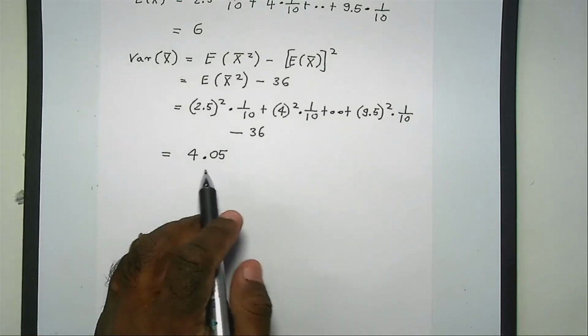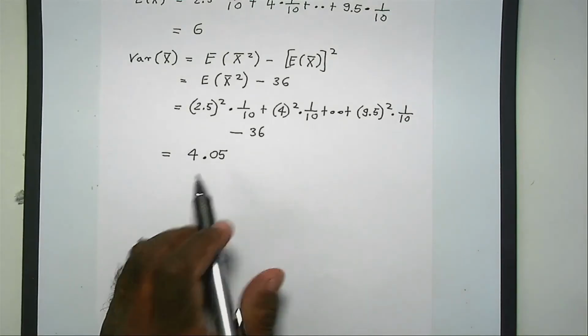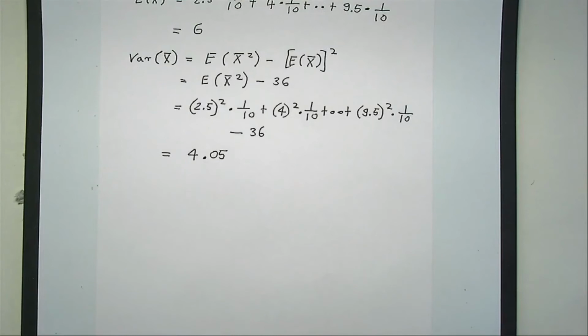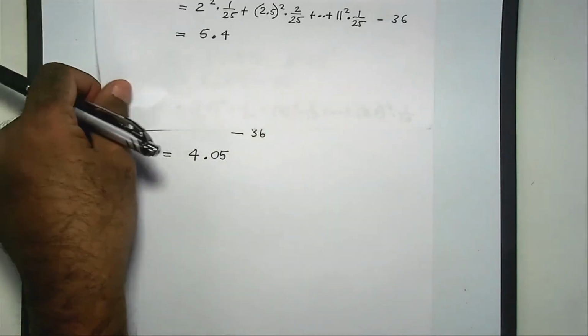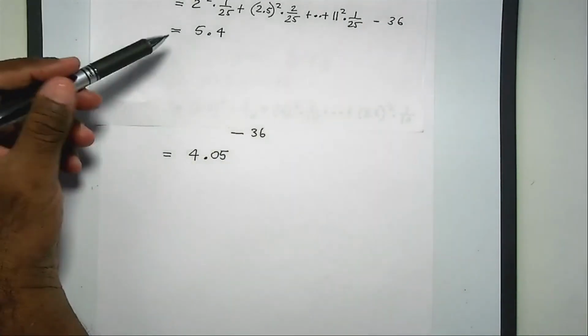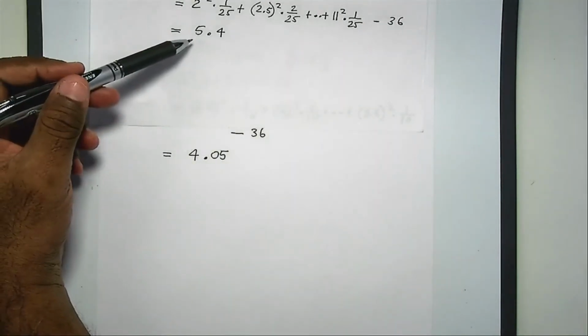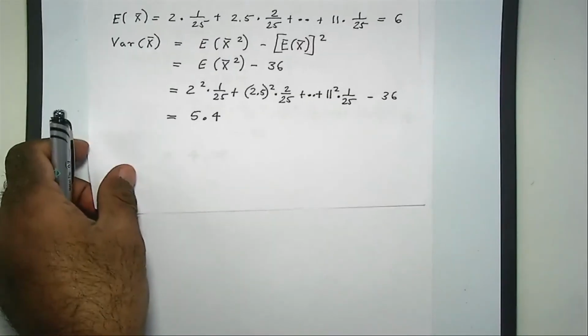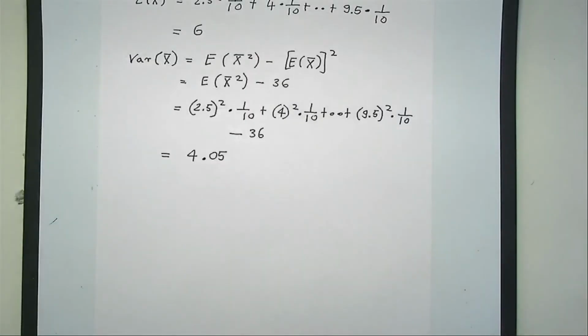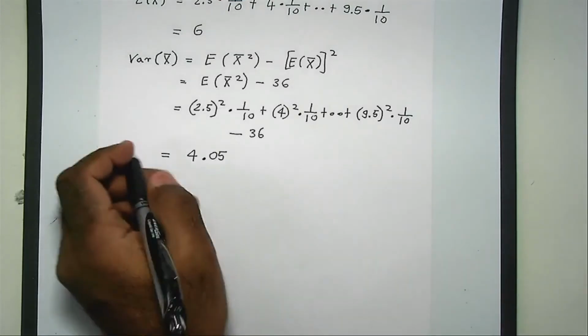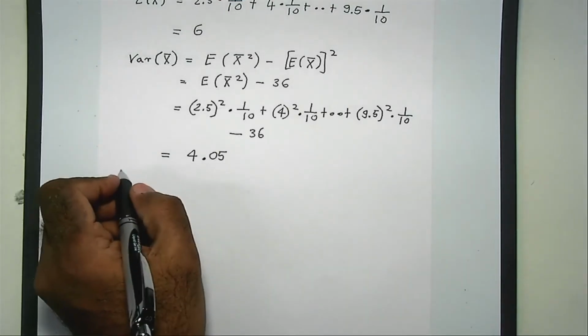But the variance is slightly smaller, because you should go back to the solution for question 3, part 3. You will see that the variance, when you did it with replacement, was 5.4, right? Now what we get here is 4.05, which is smaller. So what you can write is the following: